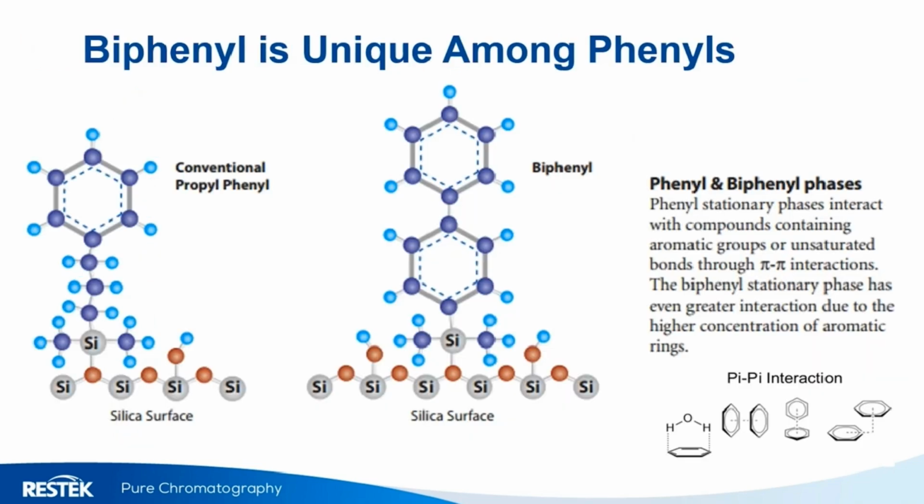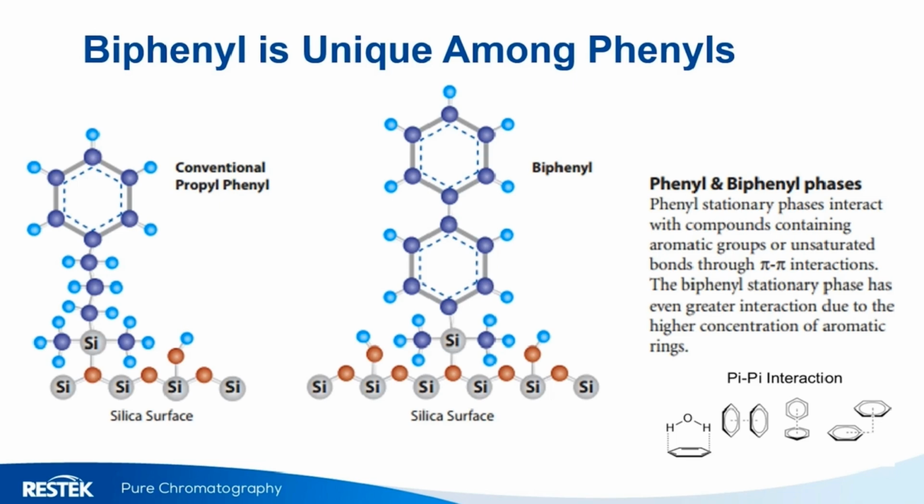Another option is a phenyl phase. Phenyl stationary phases interact with compounds containing aromatic groups or unsaturated bonds through pi-pi interactions. Biphenyl is truly unique among phenyl phases, and biphenyl has greater aromatic retention than traditional phenyl phases due to its